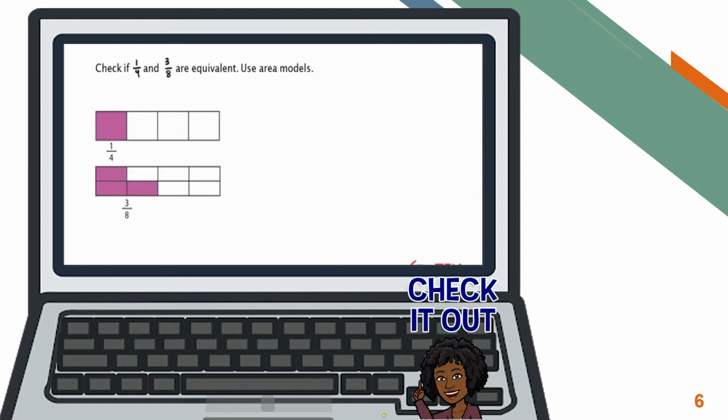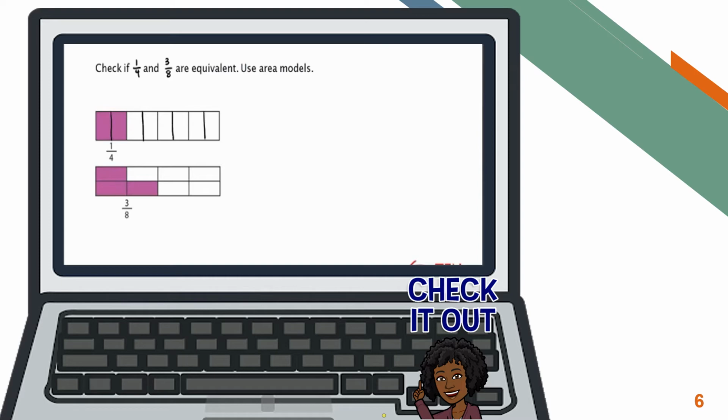Now what you want to do is take the top model and show the same fraction, which is 1/4, but you want to show it with a denominator of 8, which means that we need to take each of these 1/4 sections in the top model and divide it in half to make 8 total parts. So if I do that,